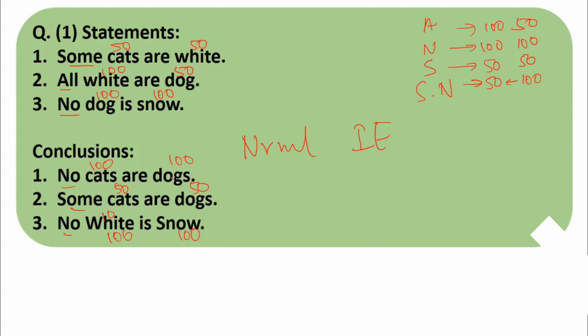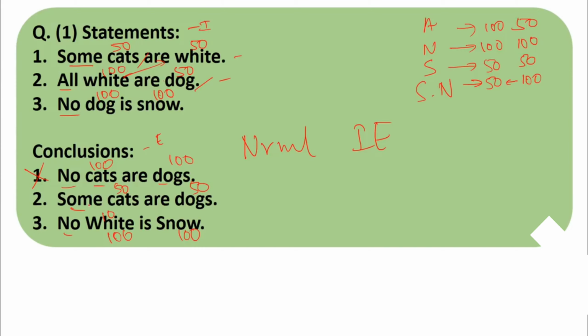Next, no cats are dogs. Cats and dogs, these two elements in one line, cats in this, dog in this. There is no sentence having both of them, but we found two sentences, this and this. Cat is over here, dog is over here, common word is white. One white is 50, one white is 100, so we need at least 100, so good. We can go ahead, right, because we found 100.